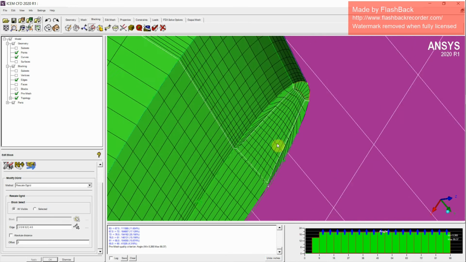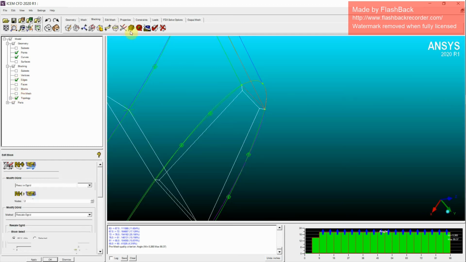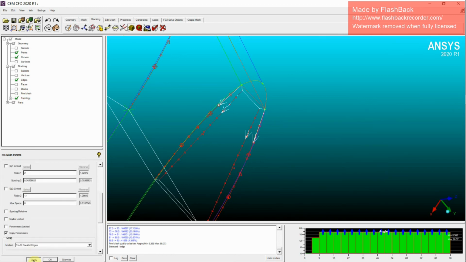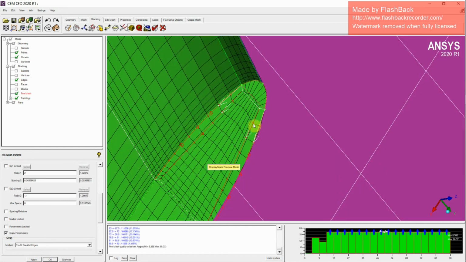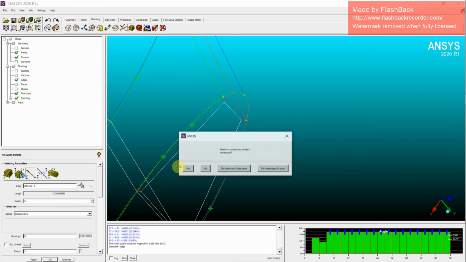Now here you can see we are getting a pretty good box kind of shape, and towards the outer end we are having pretty good mesh elements. We have to actually copy the parameters here too. That's why we are having some kind of distorted shape. For that, let's go to pre-mesh parameters, we'll copy parameters and apply. Now let's pre-mesh it again, and we can actually increase the number of elements of that O-grid edge. We can increase it to 5. That would be fine.